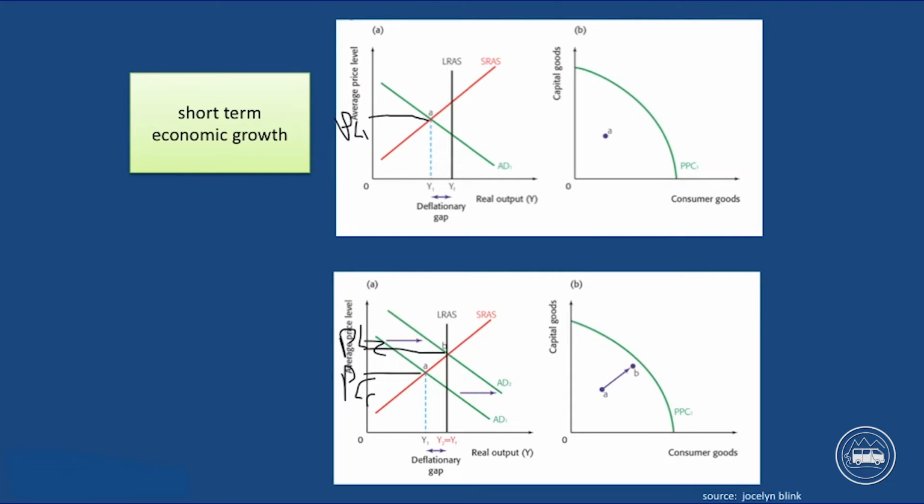Now, just to remind you of the production possibilities curve, that's another place where you can show growth. You have capital goods on the vertical axis. You have consumer goods here. Those are just two things that are most often used. Then you have the production possibilities curve. Remember, this production possibilities curve is this theoretical place beyond which the economy cannot function. And that is because